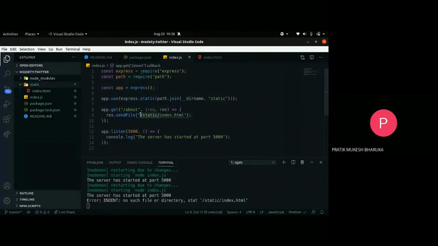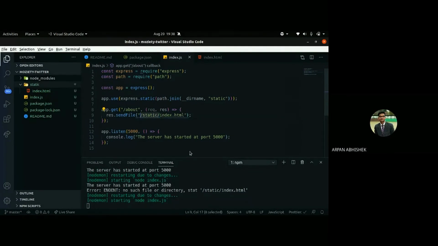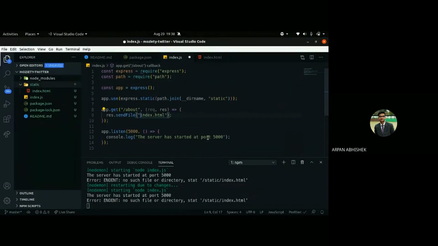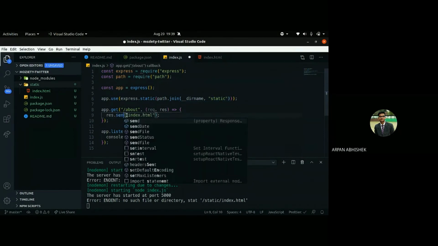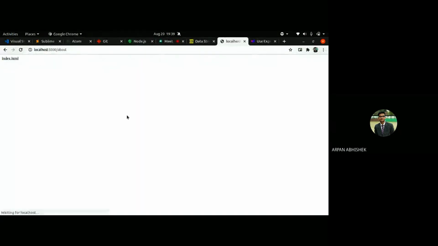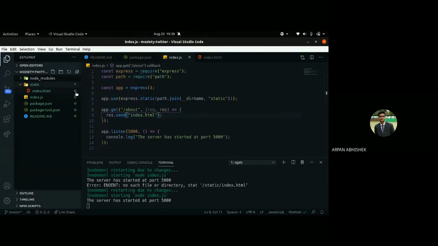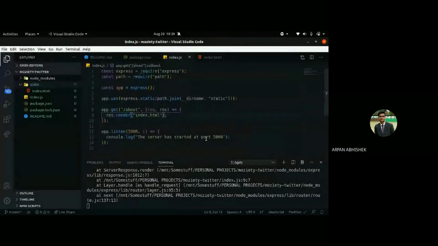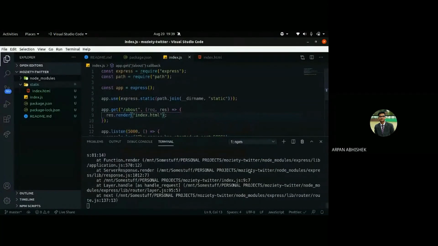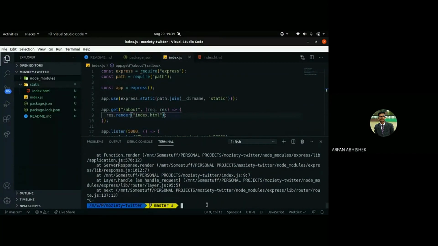The static spelling, yeah. No, no, it should not work. Yeah, it should not work that way. Actually, we have to define a static folder here. So we have done that, but it should work. Taking it as a string only. And render should also not work. Actually, we can fix it, but that was T2's job.